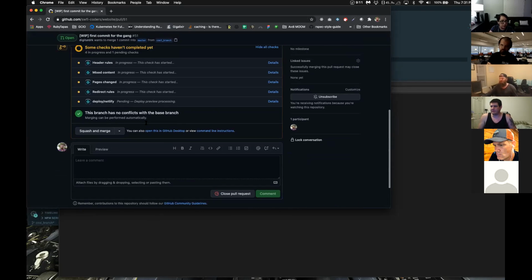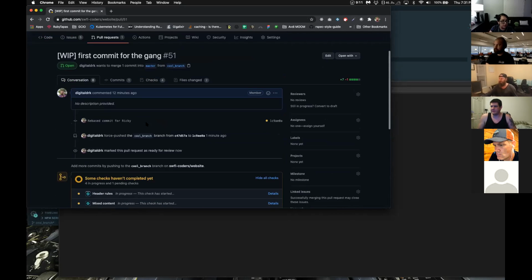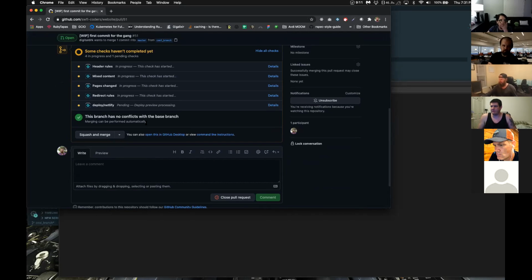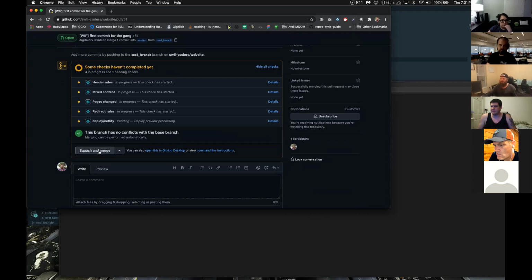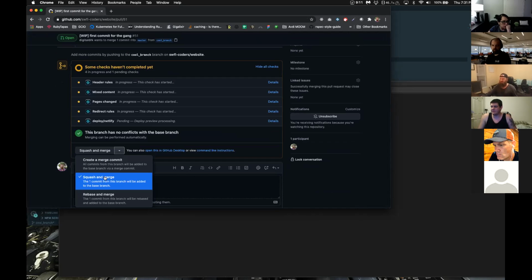And now what's going on here? See this button right here? Squash and merge. You can choose create a merge commit, squash and merge, or rebase and merge. The one commit from this branch will be rebased and added to the base branch. That's stuff that GitHub just does for you. And if I had